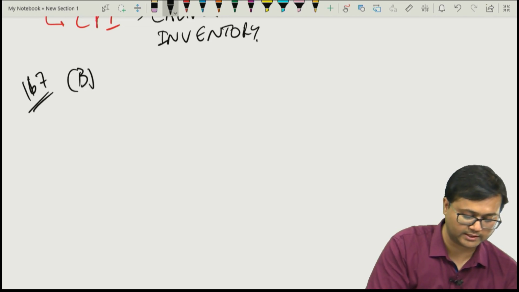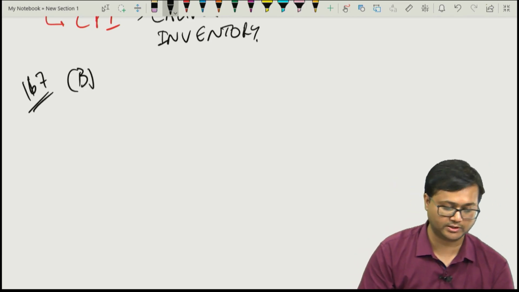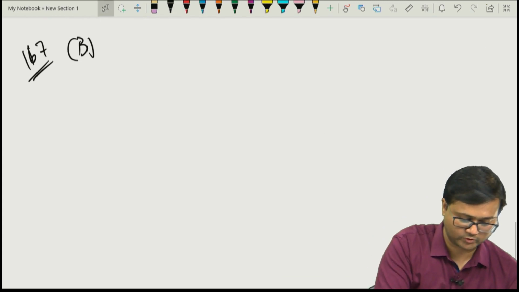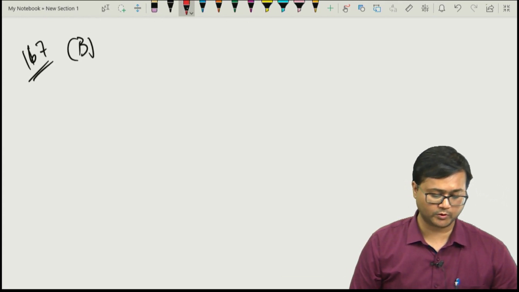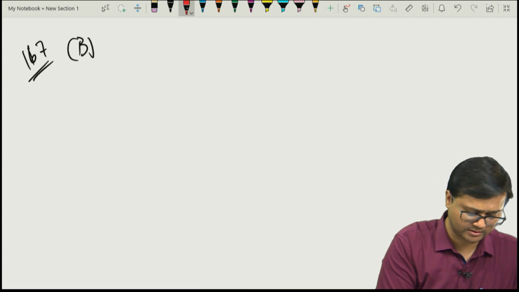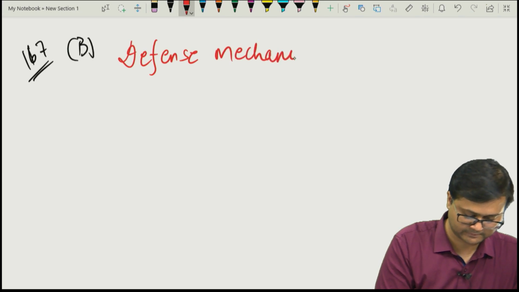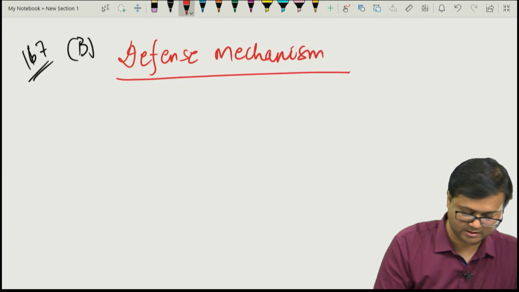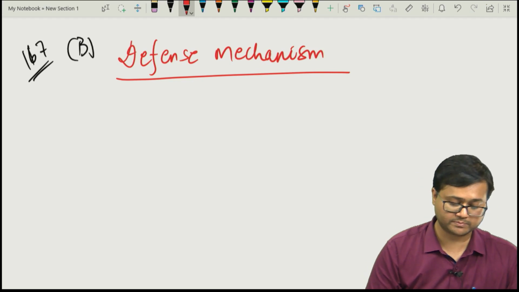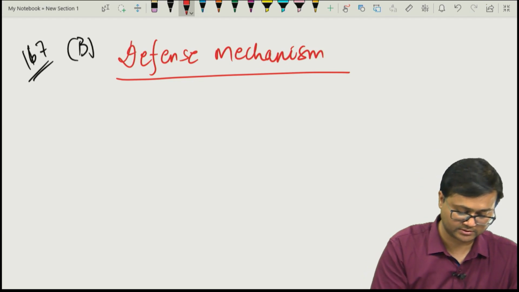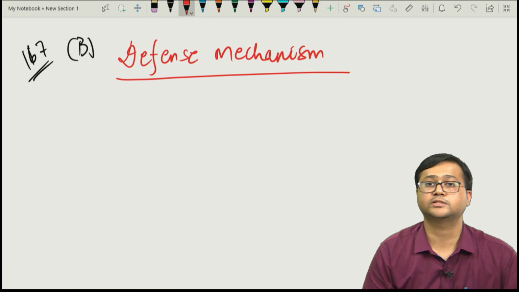So here the answer is B, that is intellectualization. Now, before discussing intellectualization, let us discuss in brief about defense mechanisms. Defense mechanisms are basically various techniques. Now, as we will discuss,